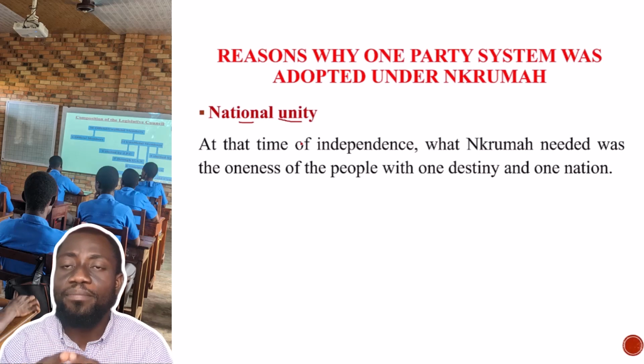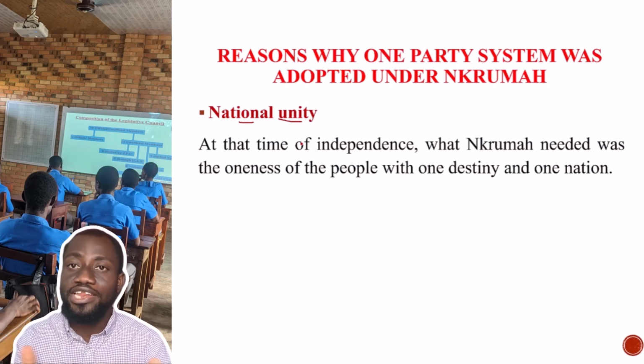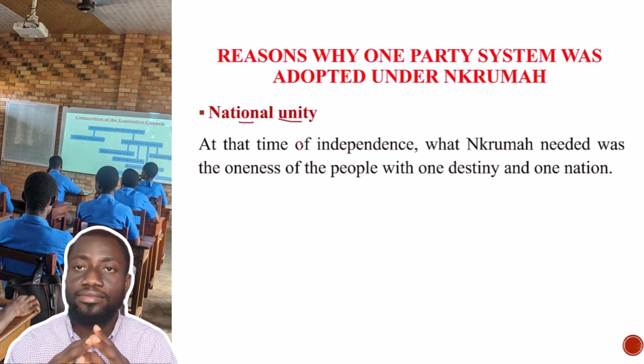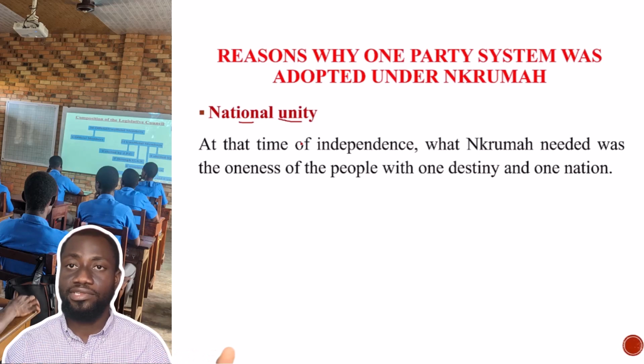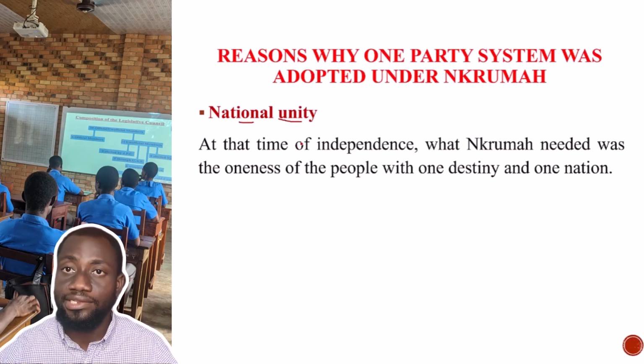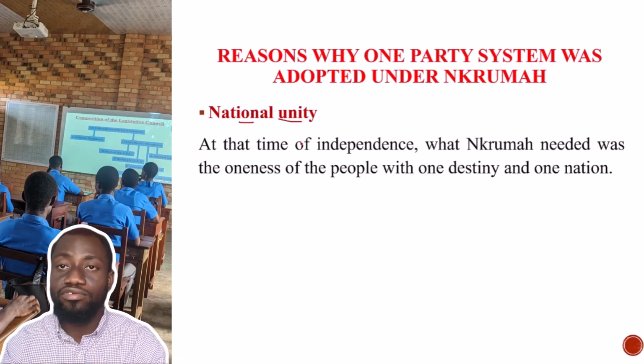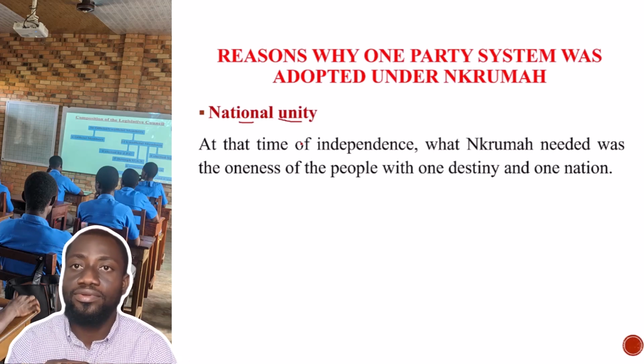All these political parties were formed based on religion, tribes, or anything else. And forming a party on a religious or tribal basis was not the way to go for a newly independent nation like Ghana. So if the NLM, for instance, wins the election, it means that their major focus may be on the Asante. If the Anlo Youth Organization wins, it means they may be focusing on the Anlo people.